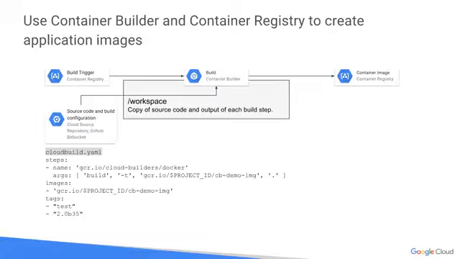You don't need to download all build tools and container images to a build machine or manage your own build infrastructure. By using Container Registry and Container Builder, you can create build pipelines that are automatically triggered when you commit code to a repository. In Container Registry, you can create a build trigger that is executed based on a trigger